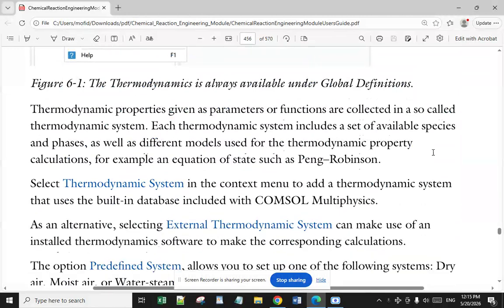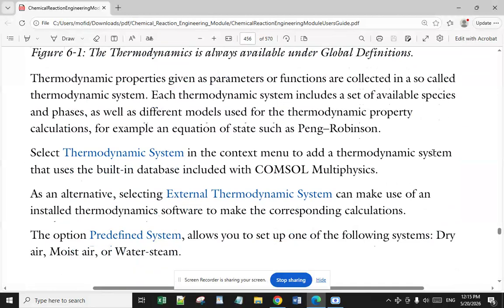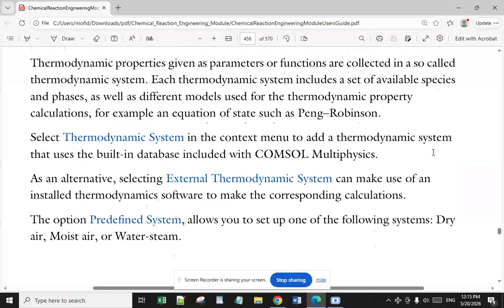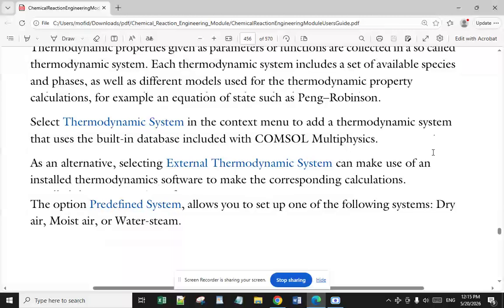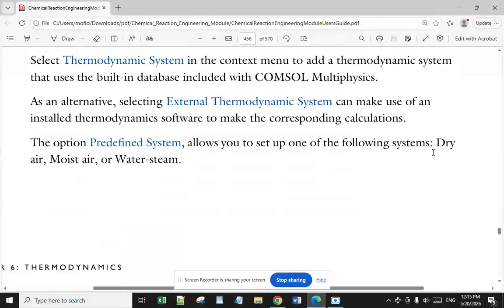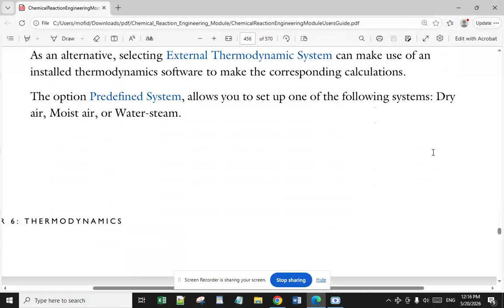Thermodynamic properties given as parameters or functions are collected in a so-called thermodynamic system. Each thermodynamic system includes a set of available species and phases as well as different models used for thermodynamic properties calculations. For example, an equation of state such as Peng-Robinson. Select Thermodynamic System in the context menu to add a thermodynamic system that uses the built-in database included with COMSOL Multiphysics. As an alternative, selecting External Thermodynamic System can make use of an installed thermodynamic software to make the corresponding